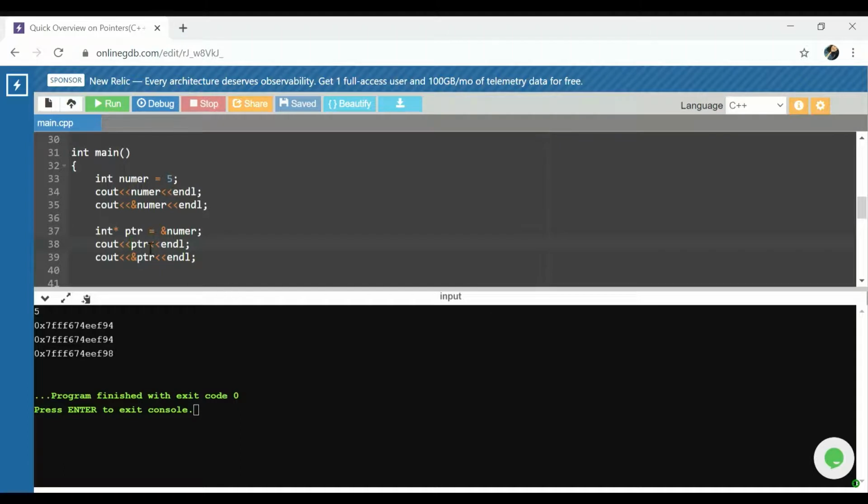Here's why that is not correct. This is printing out the address that is stored in pointer, which is the address of numer. And down here, it's printing out the address of pointer. So to get the actual value stored in pointer, which is 5, we're going to go down here and replace